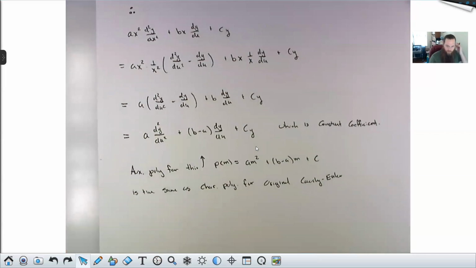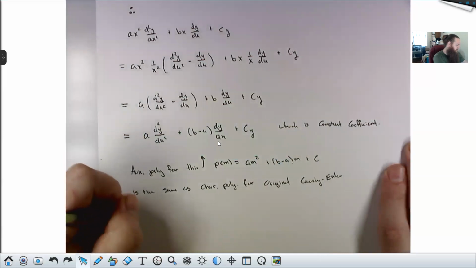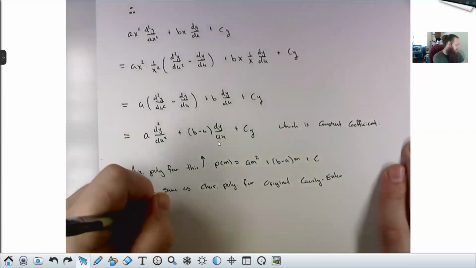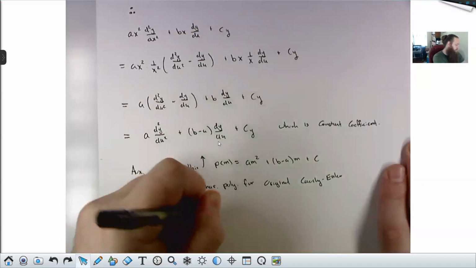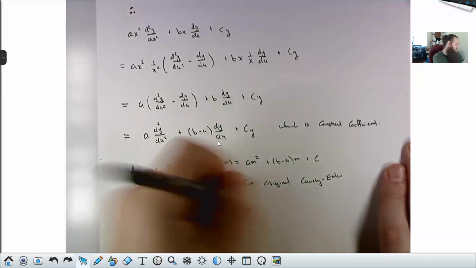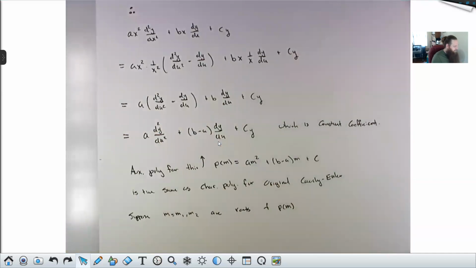Remember the formula for the Cauchy-Euler characteristic polynomial, it's ar squared plus (b minus a)r plus c. So, yep, solving this now would be the same as solving any other constant coefficient equation. You find your complementary solution. Suppose this has roots m equals m1, m2, our roots of the auxiliary polynomial above, then the solution